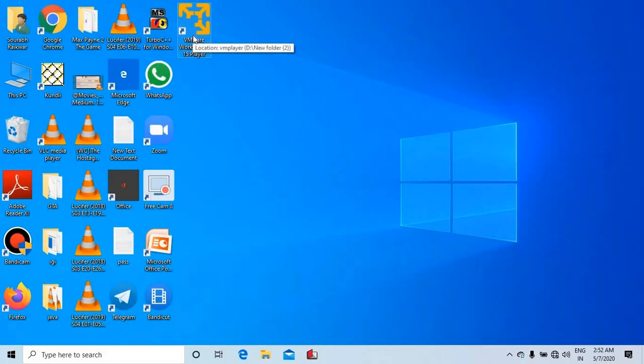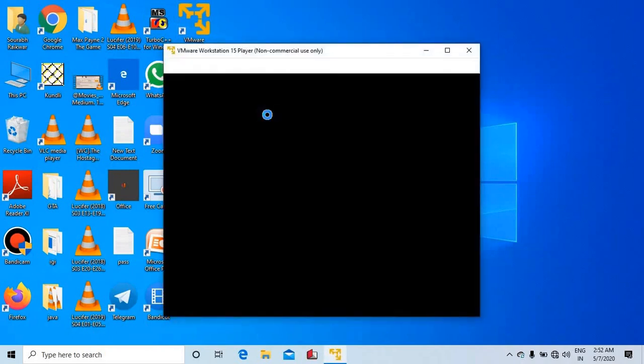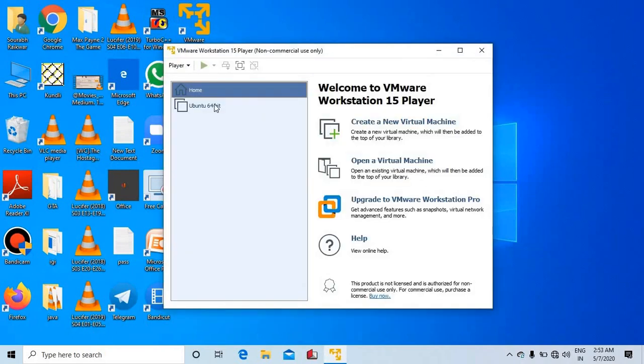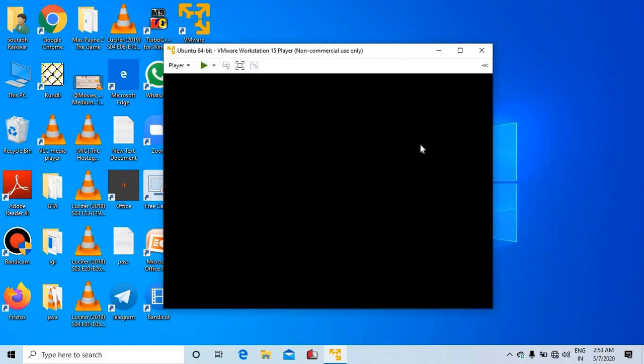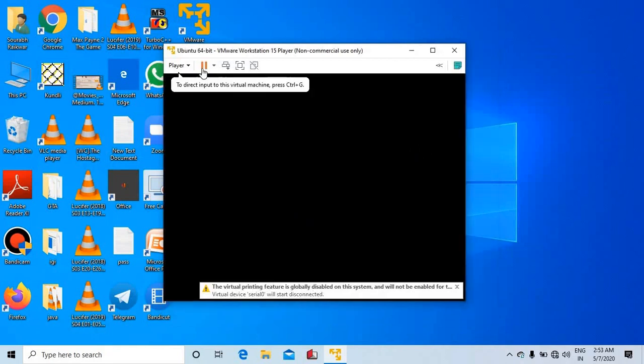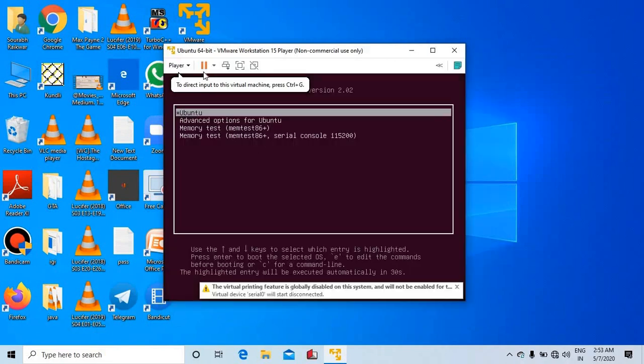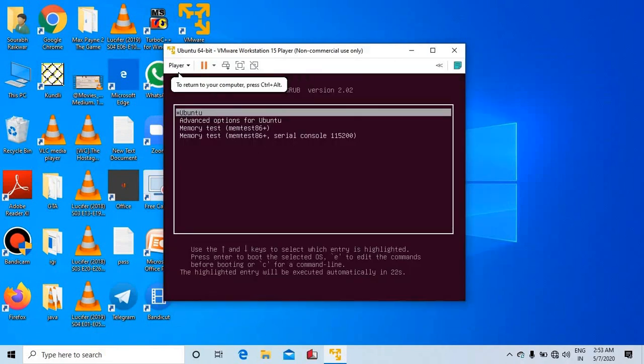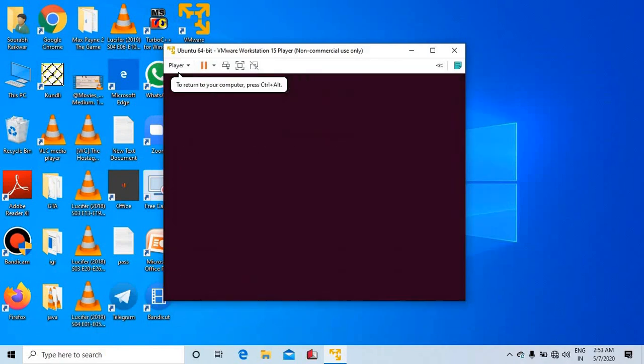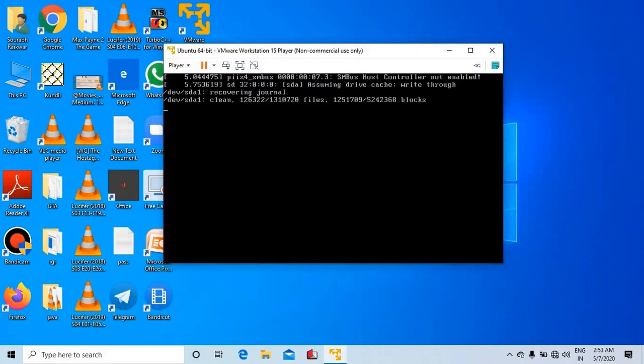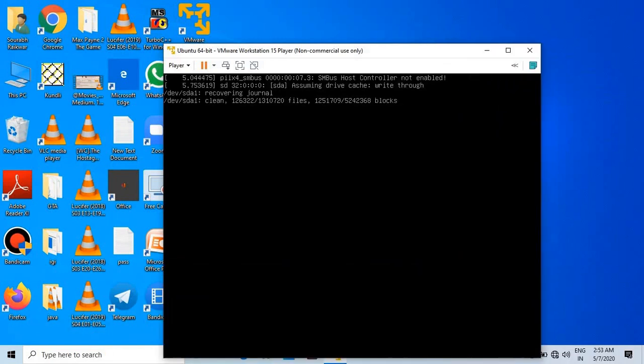Now we have to start our VMware Player again. Then click on this Ubuntu 64-bit, then play the Ubuntu. If you see this black screen, don't worry, wait for some time.